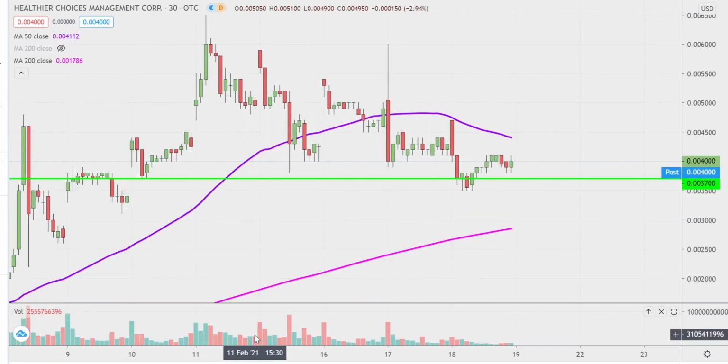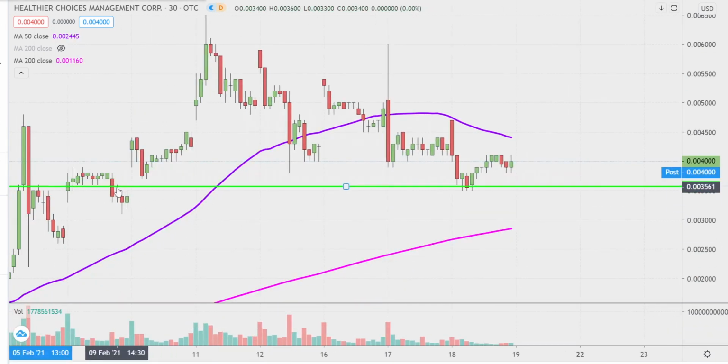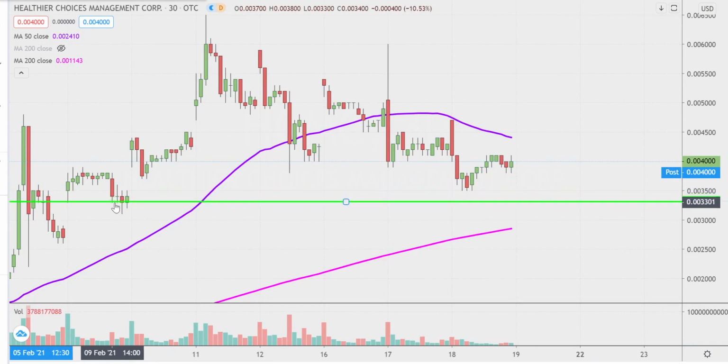In terms of areas of support, I'm going to go ahead and adjust this area of support down to the newest key level, which I would consider down there around 0033. And then if 0033 cannot quite hold up, the next key level, which I would definitely call a whole lot more important, is going to be that pink line down there, which on my chart represents the extremely famous 200-period